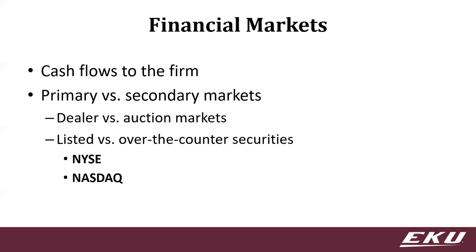Dealer markets versus auction markets is just how it's structured. Are dealers maintaining a book, and buying and selling to keep order flow? Or is it maybe an open outcry or some sort of other auction market? And then listed versus over the counter. Listed securities would be listed on an exchange like the New York Stock Exchange. Over the counter securities are often referred to as penny stocks. They don't qualify to be on an exchange for whatever reason, or maybe they just don't want the level of oversight necessary for exchanges. So they don't have access to the wider markets, but they are out there in these small markets, and they're able to raise capital that way.